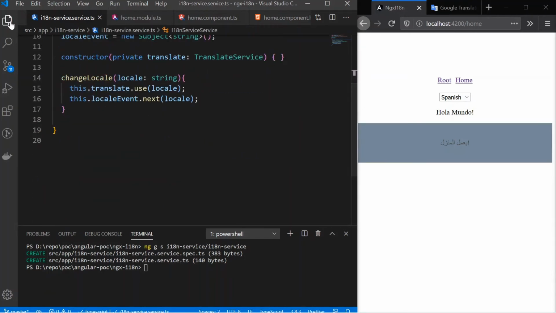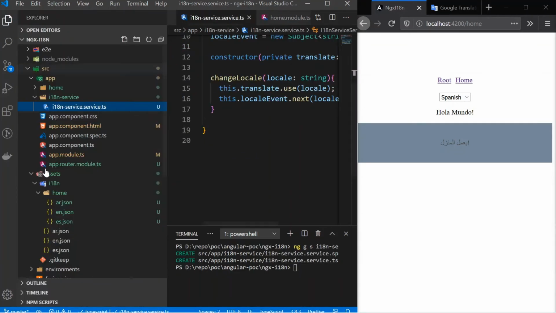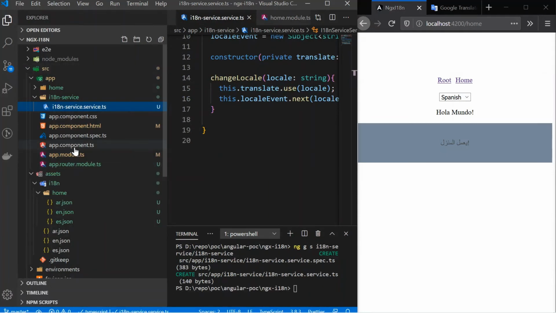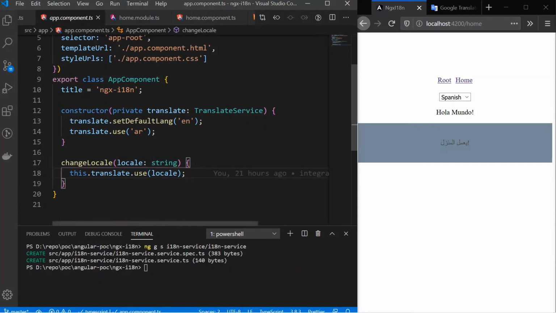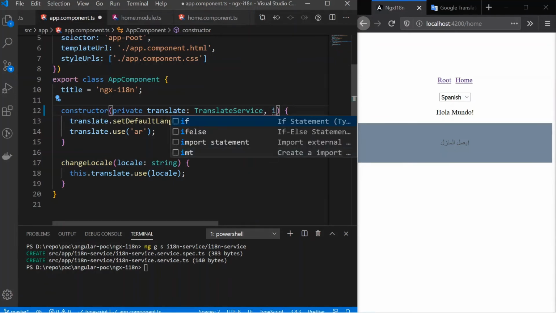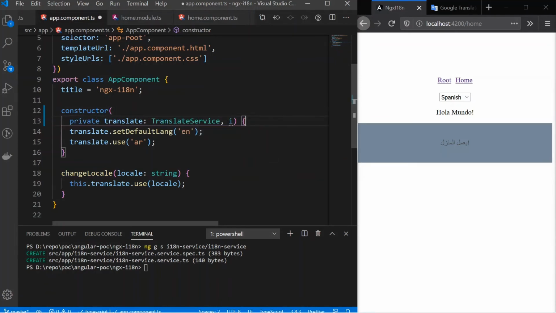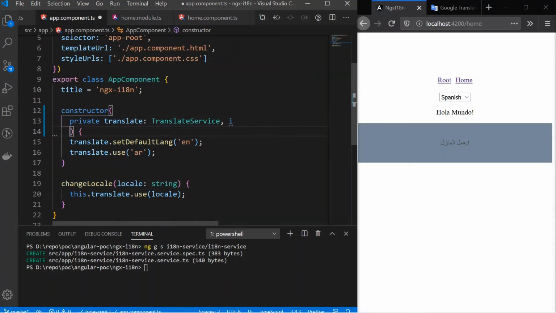We are going to use this service. Let's copy it and let's go inside our app component. So here we'll directly not use this, instead we are going to use that service. So let's put it in multiple lines so that it will be more readable.